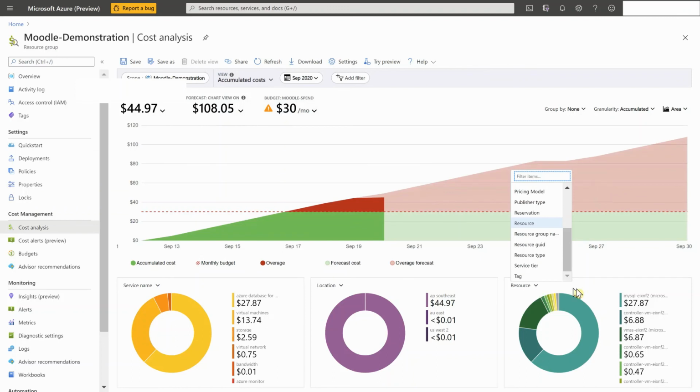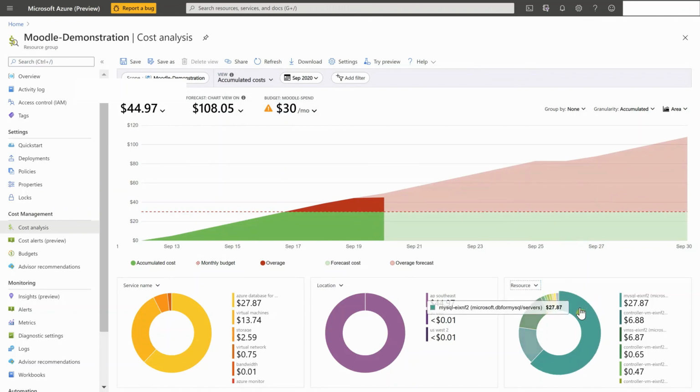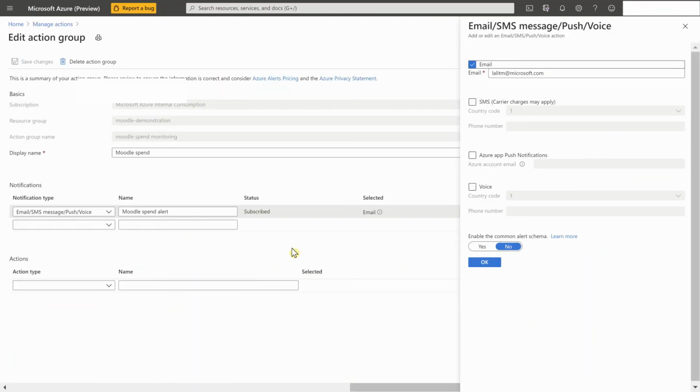The administrator can also drill down and look at which are the largest contributors. So for example, MySQL here, and if you see here, the biggest expense is coming from the database, that is the Azure MySQL database. Now, once the budget has been breached, the administrator can set up action groups to actually